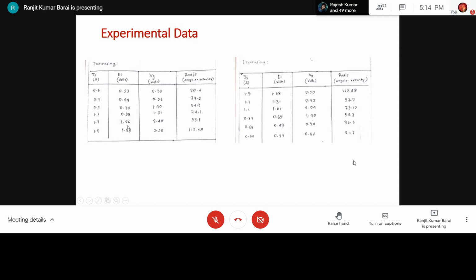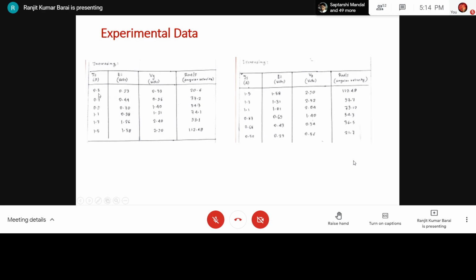Up to the maximum value. How much? The maximum value is dictated by the armature current. We should not exceed the armature current beyond 1.7 ampere. See the data, we have increased following the same procedure as I have shown you, but without changing the brake position. We kept the brake position constant and varied the armature voltage by just rotating the potentiometer knob.